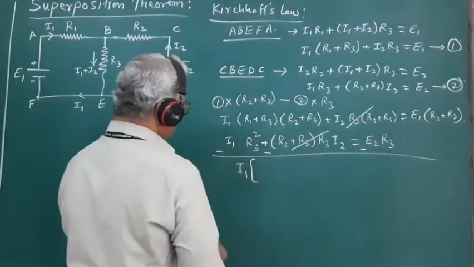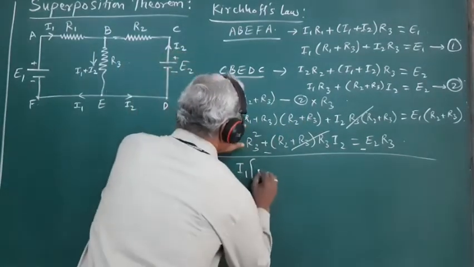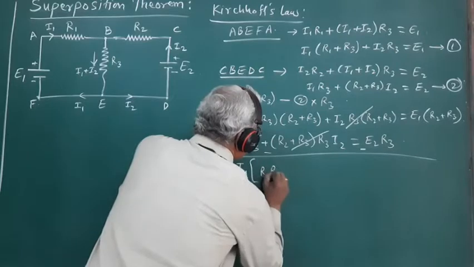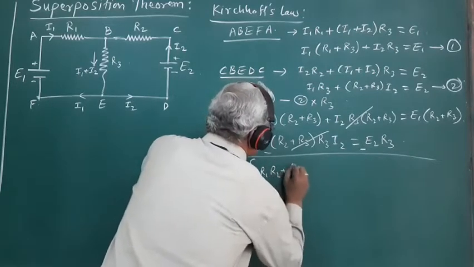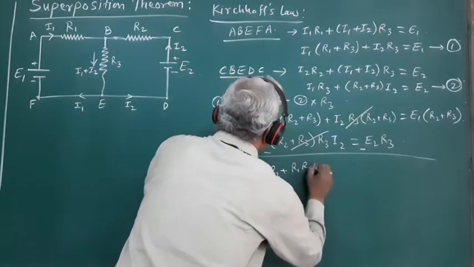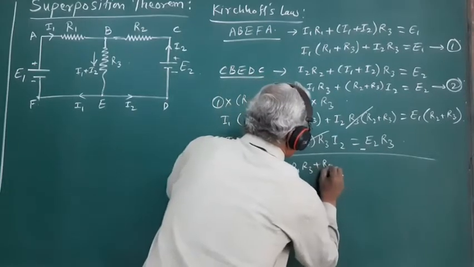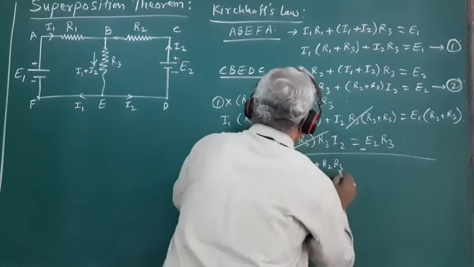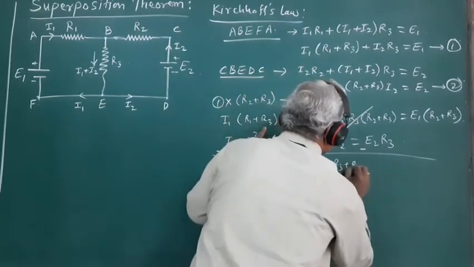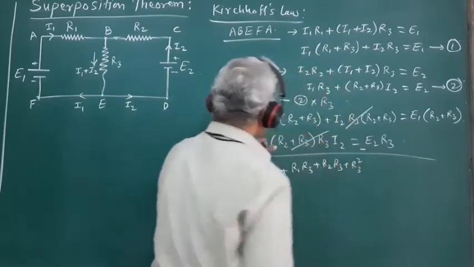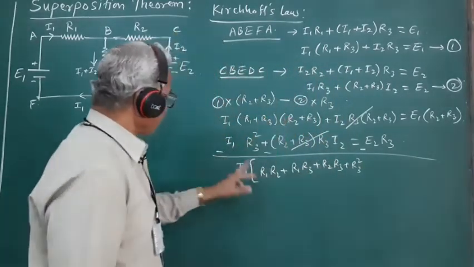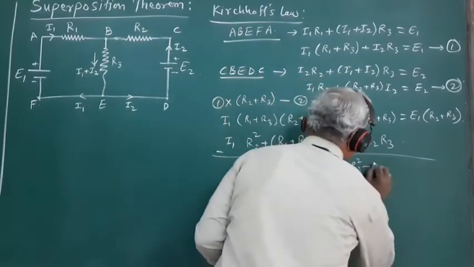If we take the product of these two brackets, we will get R1 R2 plus R1 R3 plus R2 R3 plus R3 square